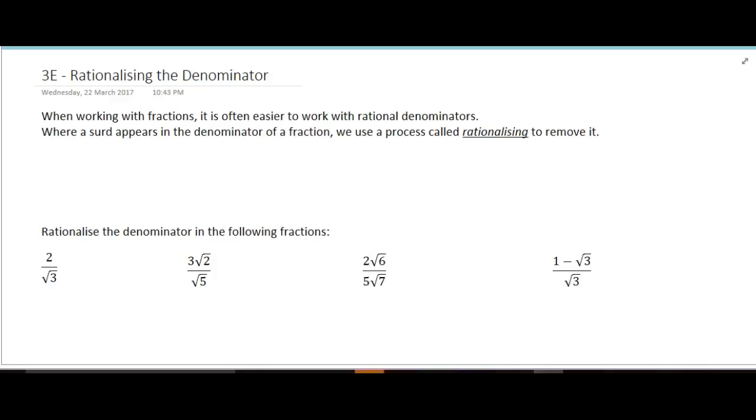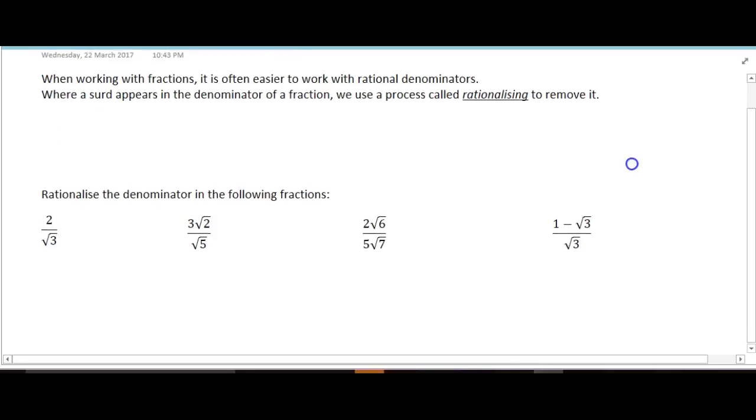Okay, so what we're going to do, by example, I'm going to show you how to rationalise or take out the surd from these fractional expressions down here. So what we're actually doing is we're not changing the number. We're actually creating an equivalent fraction without a root in it. Okay, and the way you do that is